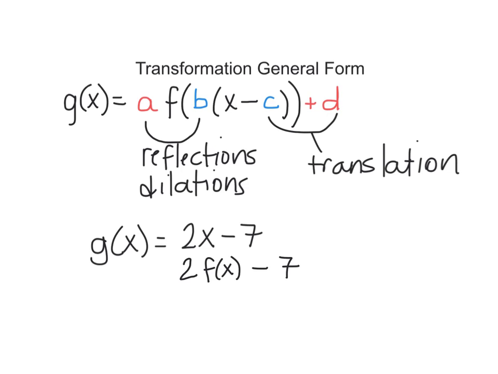Okay, so this is 2 times the parent function minus 7. So the parent function of this, we know, is the linear parent function, which is x, right? So this is saying 2 times the linear parent function, subtract 7. And you already know that that would give me a steeper line,